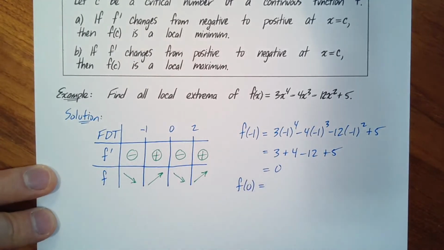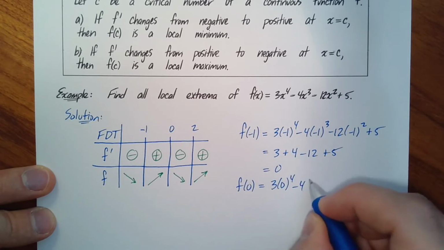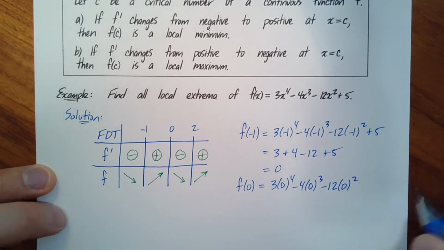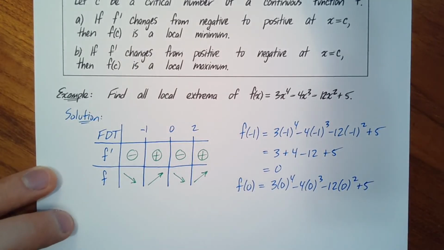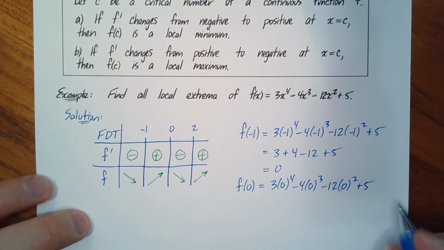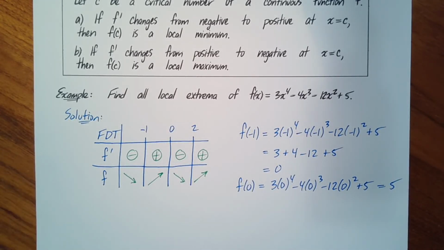So f of 0 is going to be 3 times 0 to the 4 minus 4 times 0 cubed minus 12 times 0 squared plus 5. So these three terms are just going to be 0, right? So you're just going to end up with 5. And then our last